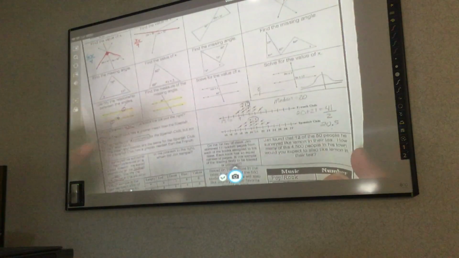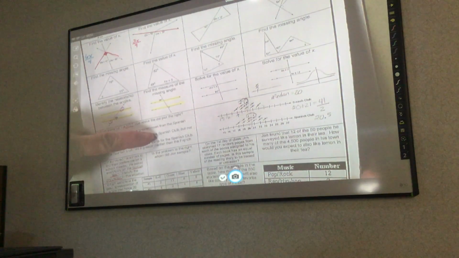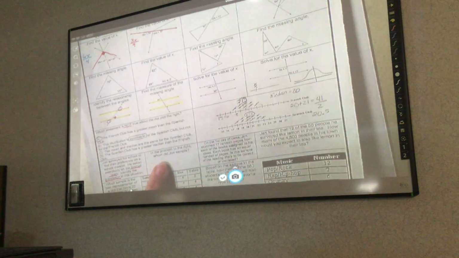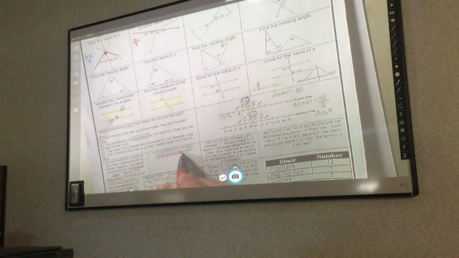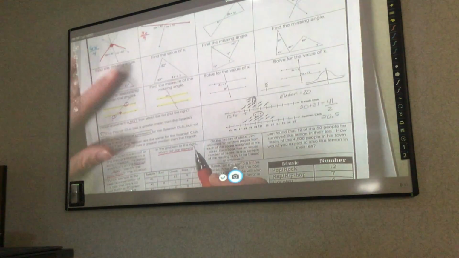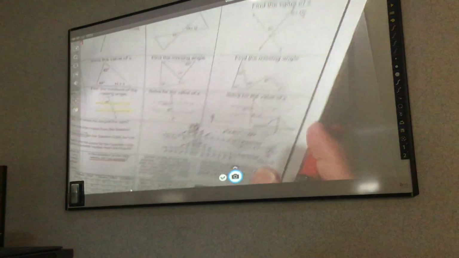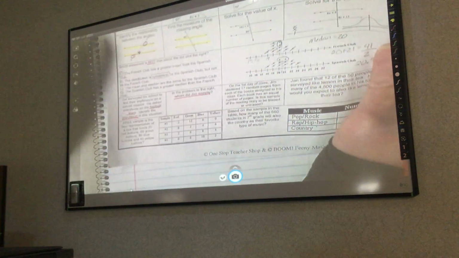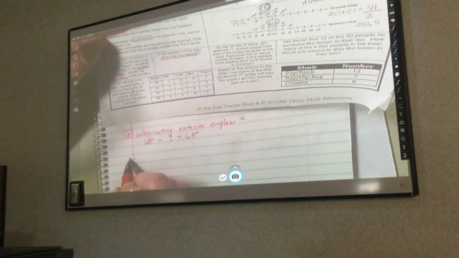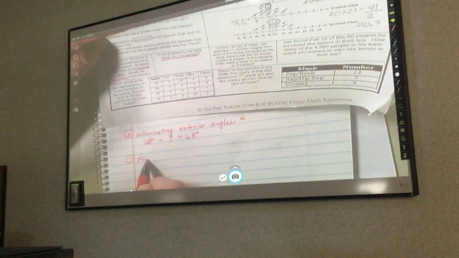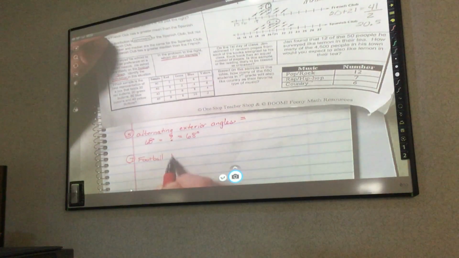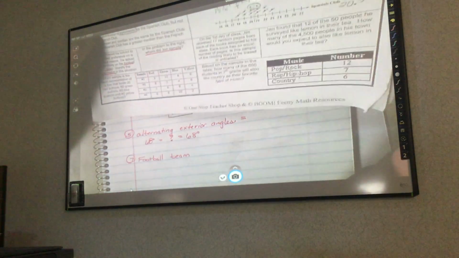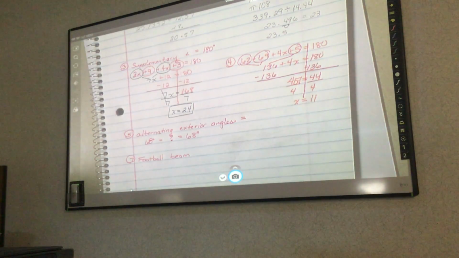We did number 6 together. Number 7, the problem to the right: whom did John sample? So who did he sample? The population came from the school, but the people he sampled were the football team. And number 8 we did yesterday. So go ahead and